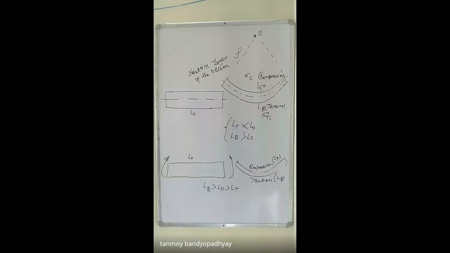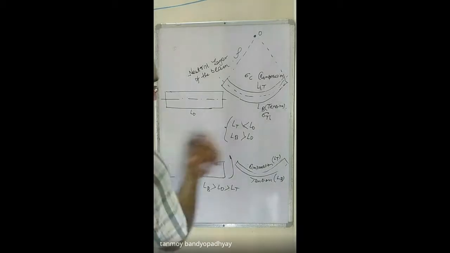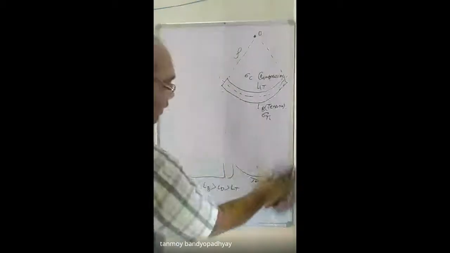And the other thing is called non-uniform bending. For non-uniform bending, you just write down: the flexure in the presence of shear forces, bending in the presence of shear forces, where the bending moment changes along the axis of the beam. Achha. So coming back to what I was discussing. Achha.